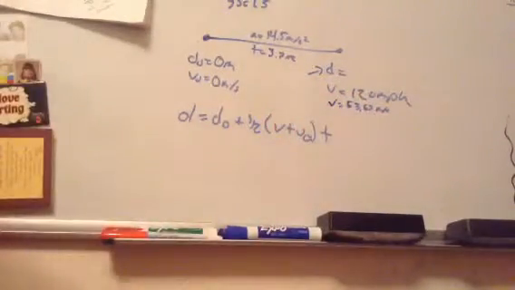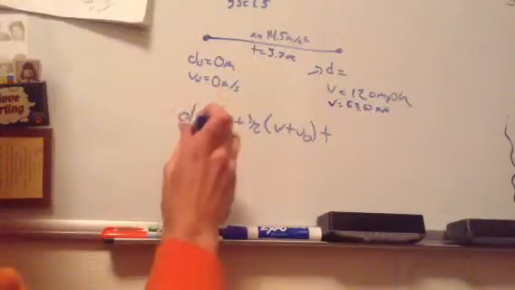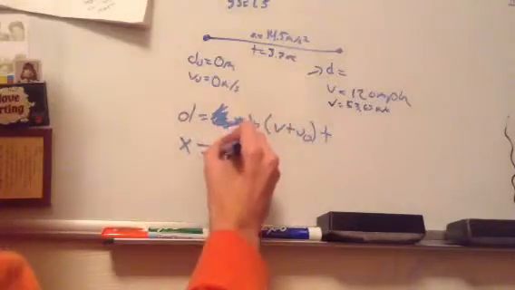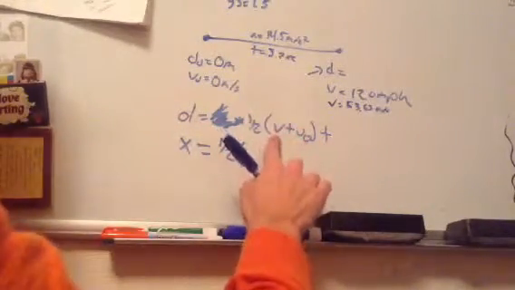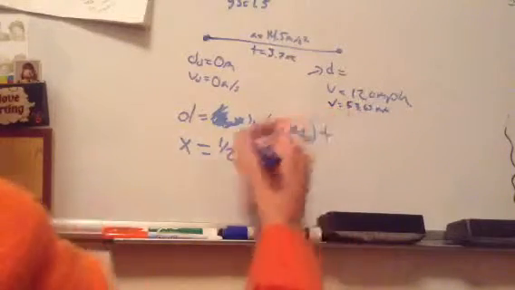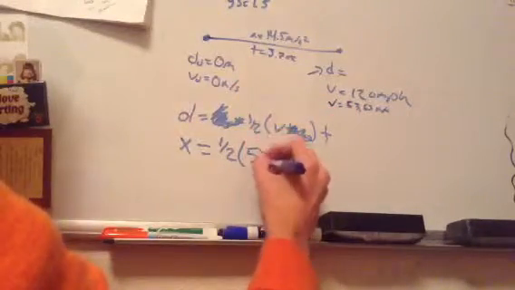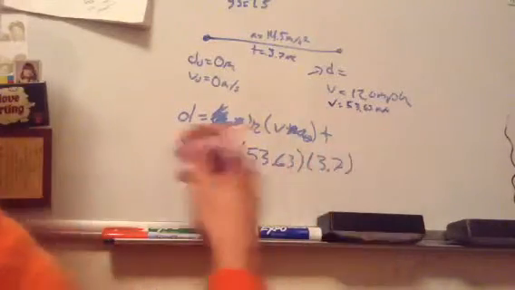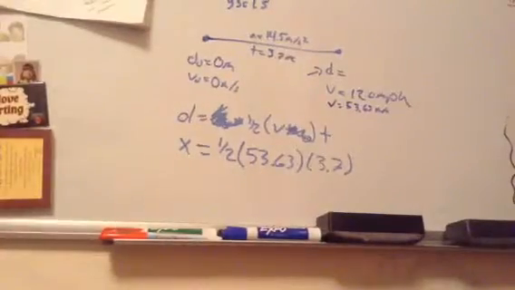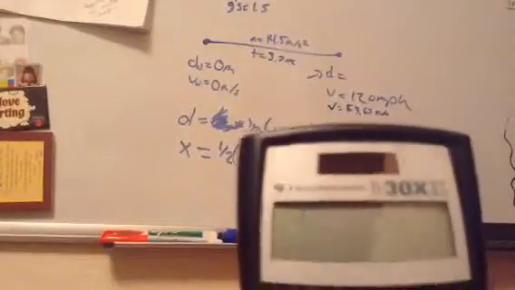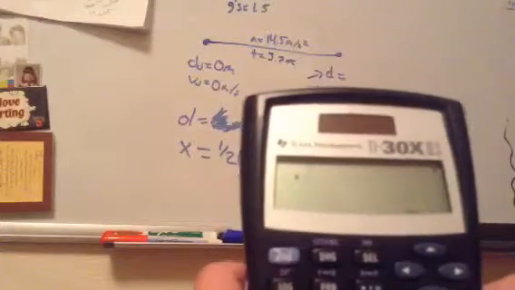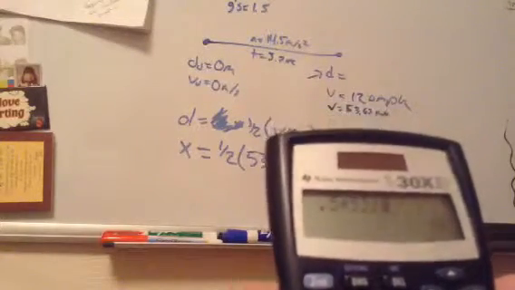So, distance. Do we know our distance? Nope. Distance of our original is 0, so bye-bye, we don't need you. 1/2 times velocity. We don't even need that. Those are all base units for SI. Very simple. You just multiply this all in the calculator. So easy. So you're just going to grab your calculator. And now you're going to do 0.5 times 53.63